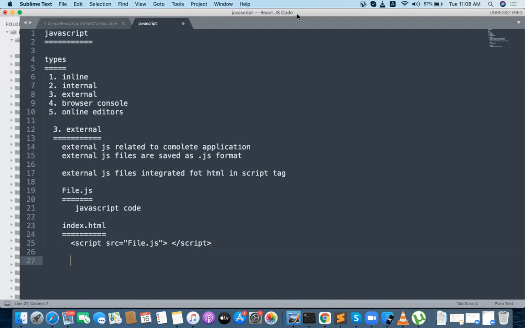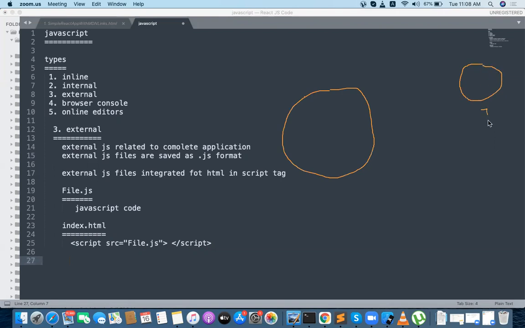I will tell you how external JavaScript is prepared. For example, this is your HTML file and this is your JavaScript file. We need to integrate the JavaScript file into the HTML part.